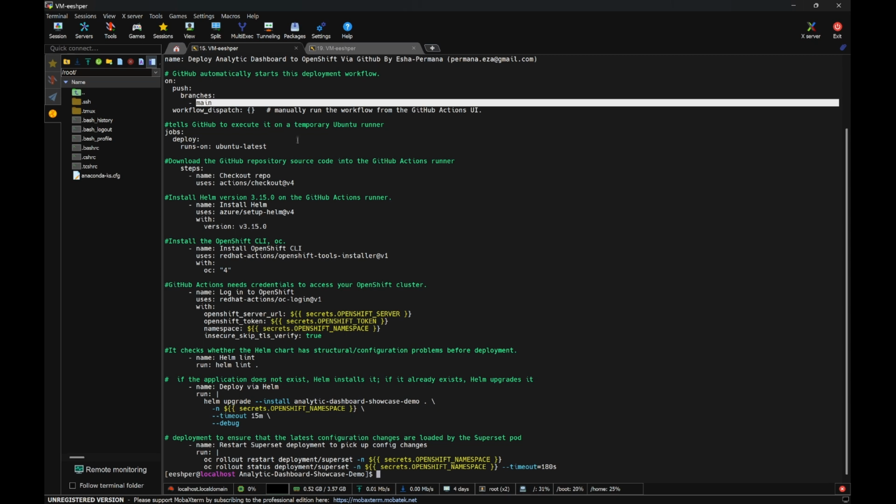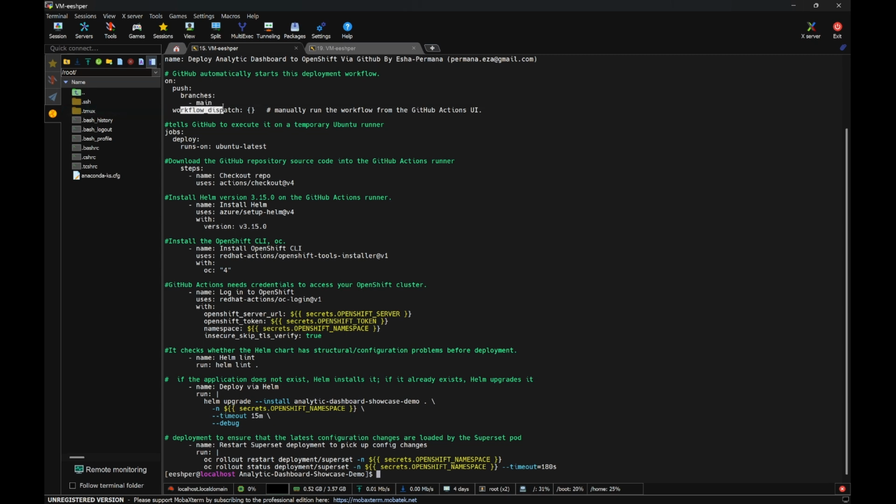Then we have the workflow_dispatch command, which allows us to manually run the workflow from the GitHub Action UI, so later on you can trigger it by clicking in the GitHub UI.